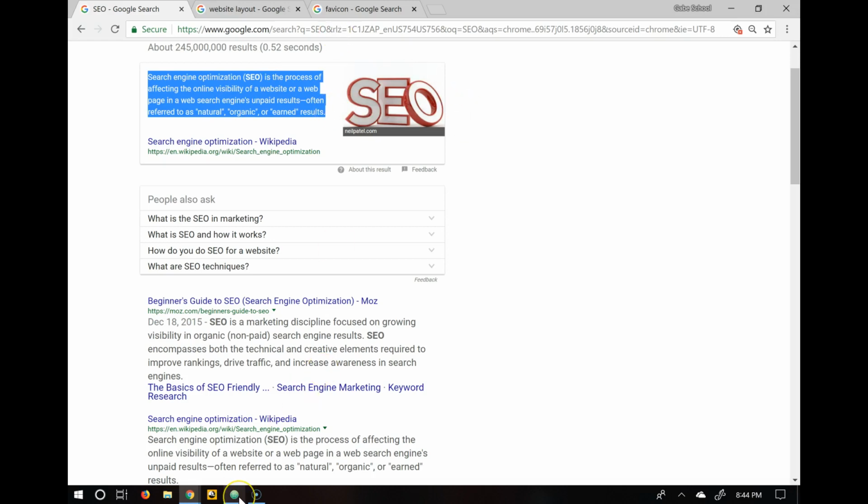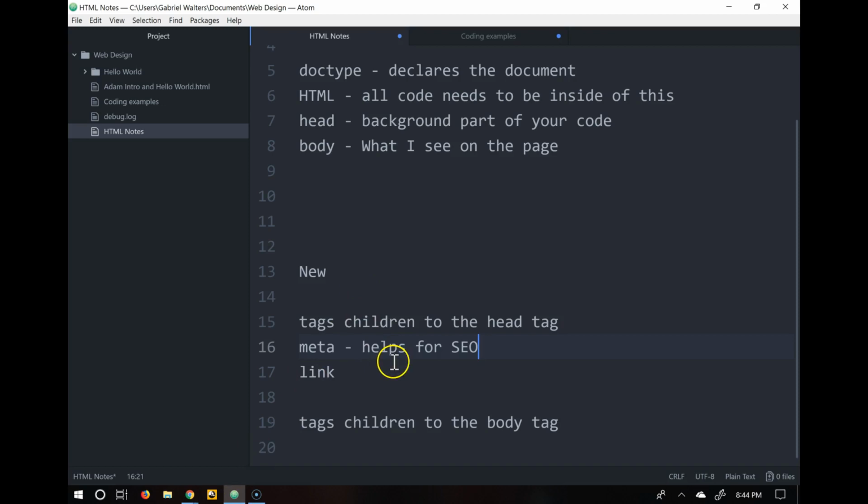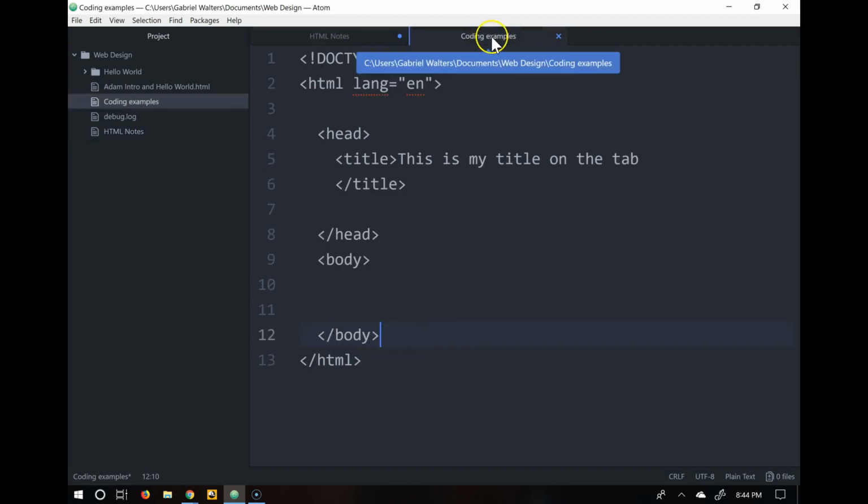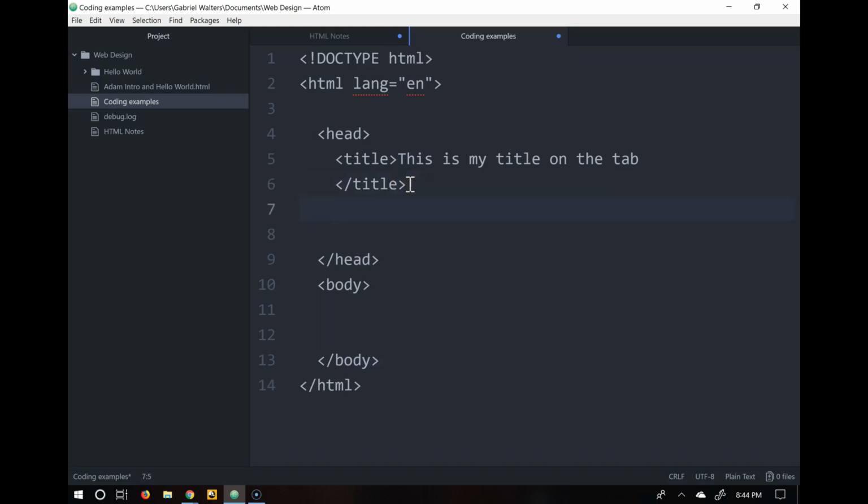Okay, so having meta tags in your documentation helps search engines know what to do with it. So there's a few that we want to look at, so we're still inside the head because it's going to be a child of the head,